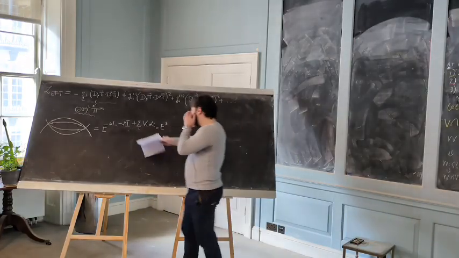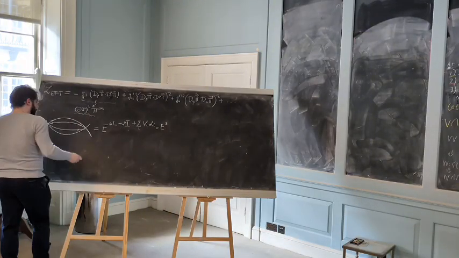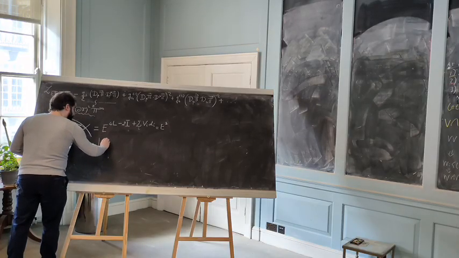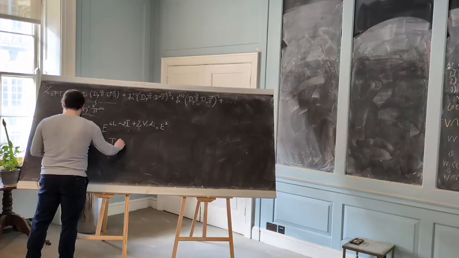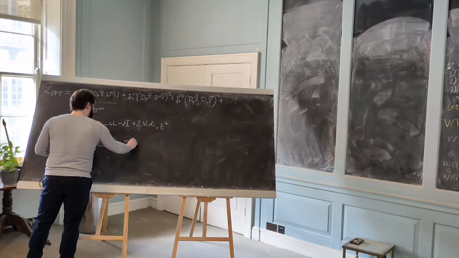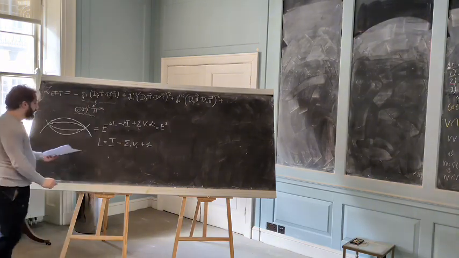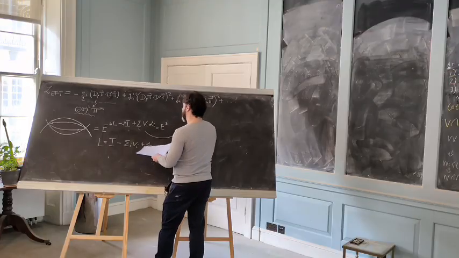Okay, but now there is this minus sign that I don't like, and then there is a very simple relation, which is true for any diagram, you can check: the number of loops is equal to the number of propagators minus the number of vertices plus 1. And if I use this very simple relation, then this